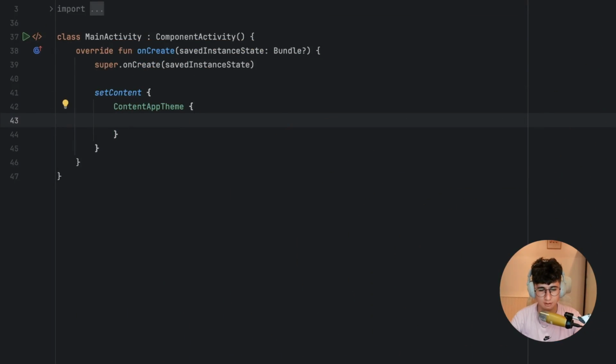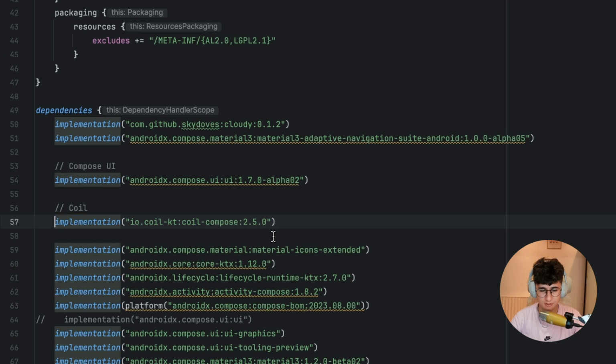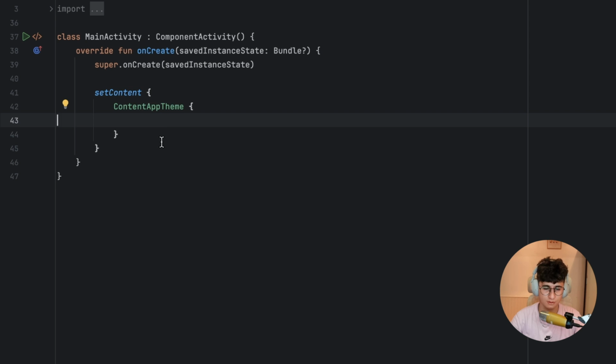Hello everyone, today we will create an application that compresses images picked by users from the gallery. To do that, let's start by adding the Coil Compose dependency in build.gradle, because this will take the URI of the selected image and display it. Let's start with